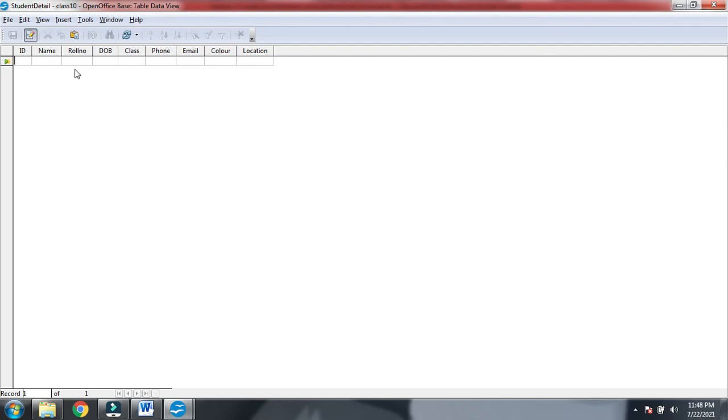If you remember, using the wizard also it automatically gave us the primary key ID. Primary key is very important, that is why it is always asking for it. Whenever you have many tables that are all connected, the primary key is the sole thing that will connect all the tables. For example, if I have a table of the fee detail of the students and a table of marks obtained in periodic test 1, in all of these the name will be the same, the roll number will be the same.